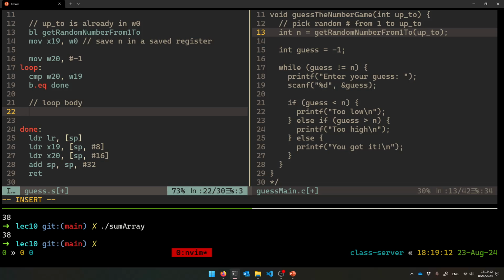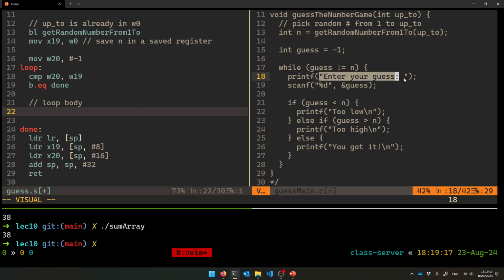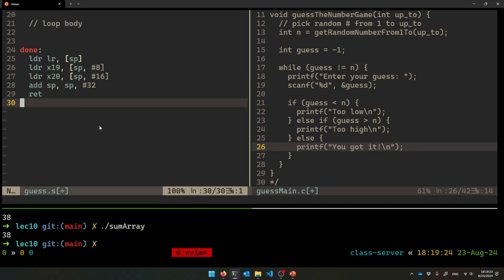What do I need to do? I need to ask the user to enter their guess and scanf it. So I need these strings. This string, and then all these down here too. Too low, too high. You got it. All these strings I need to save in a data section. So